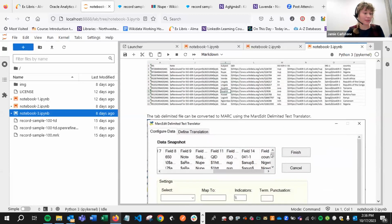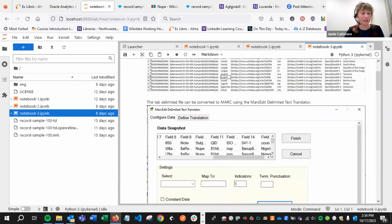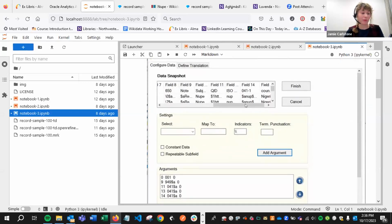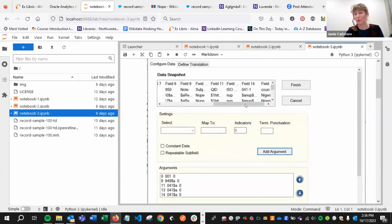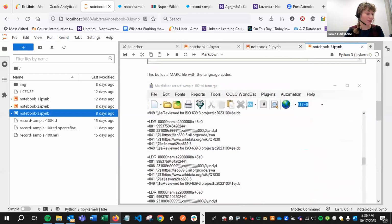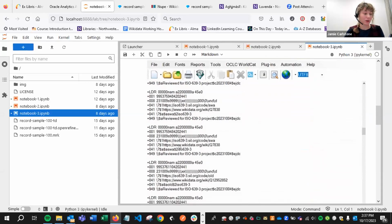So I use the tab delimited file, which can be converted into MARC data using the delimited text translator tool here. This builds a file of MARC data that is just the information from OpenRefine plus those unique identifiers. Then this MARC file, which looks like this, can be merged with the original export of the MARC records using the merge record data tool. At this point, the records can be imported back to Alma by merging with the existing records using the